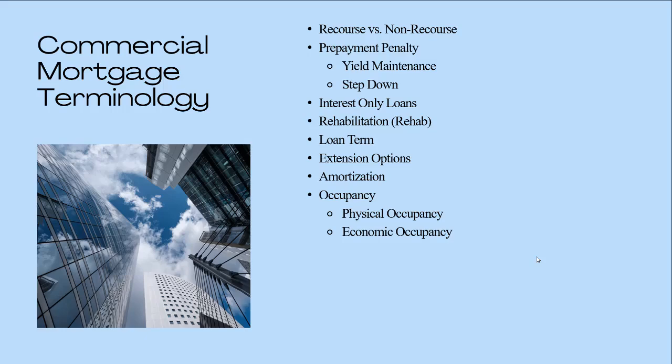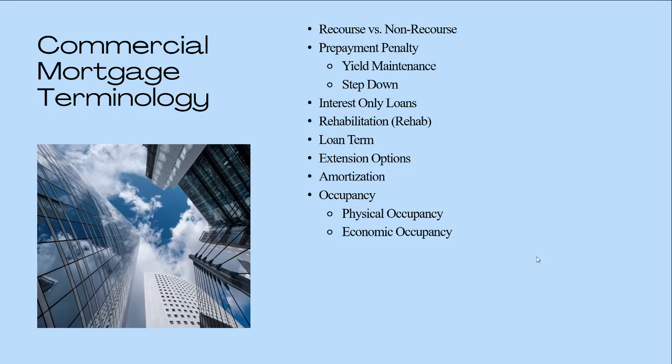occupied. And so, for example, in an apartment building, if you have 10 units and nine of them have actual human beings in them, you're going to have a 90% physical occupancy. If you're an office building and you have, let's say, 10,000 square feet of space and 8,000 of that is actually occupied by a tenant physically there, present, then it's 80% occupied.